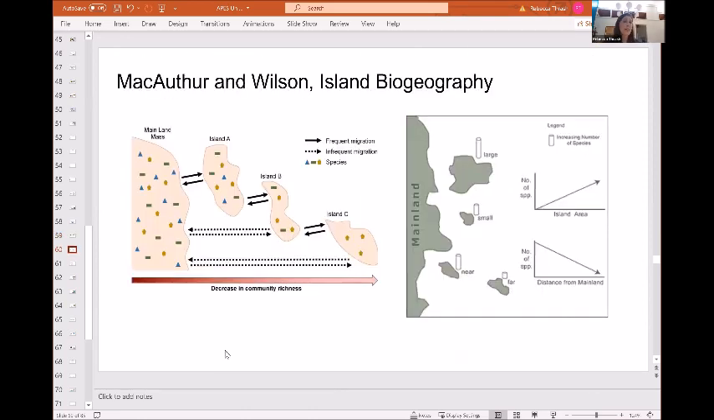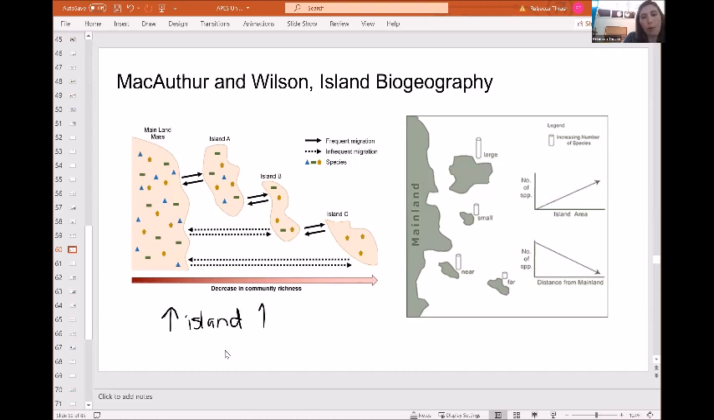So another idea that you'll need to know about for this unit, that came from also E.O. Wilson and another scientist, MacArthur, is this idea of island biogeography. So there's going to be two specific things that are important here. How big is the island and how far away from the mainland is it? So two rules here. The bigger the island,